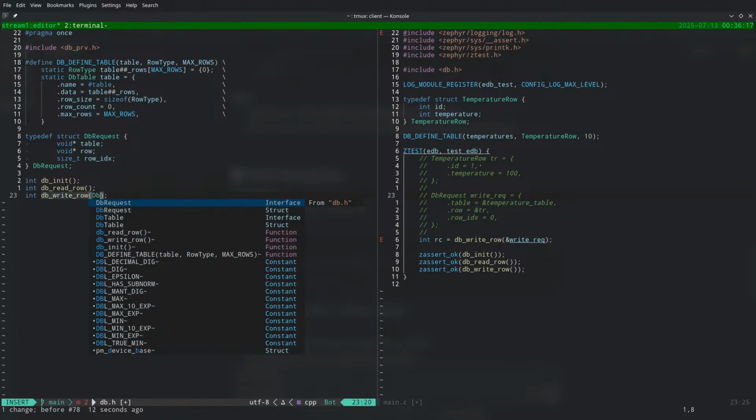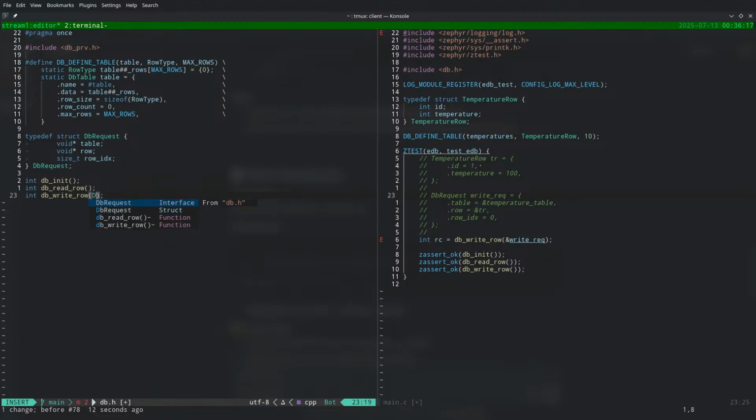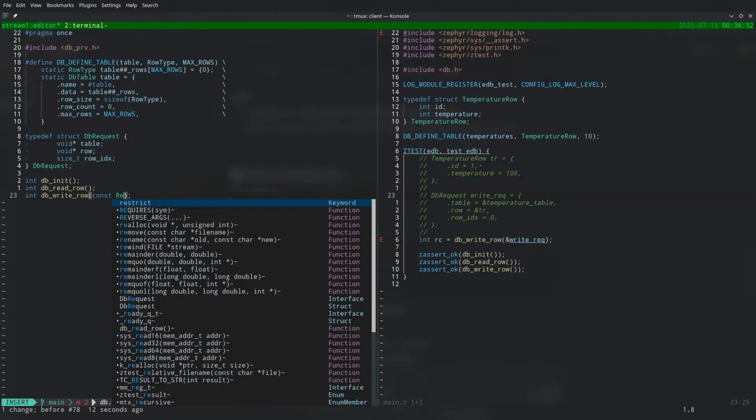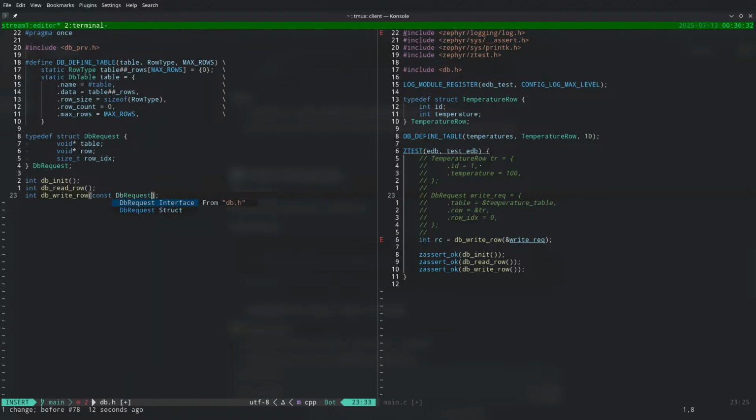And you will take request pointer of type request,